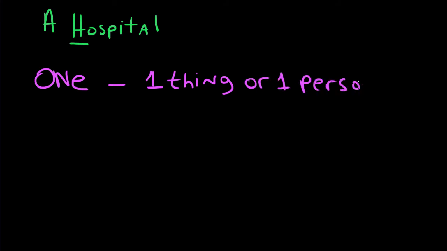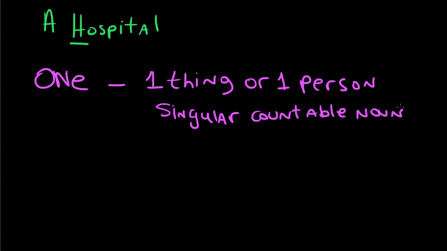So we use one when we are talking about one thing or one person. We also use it before a singular countable noun. For example,